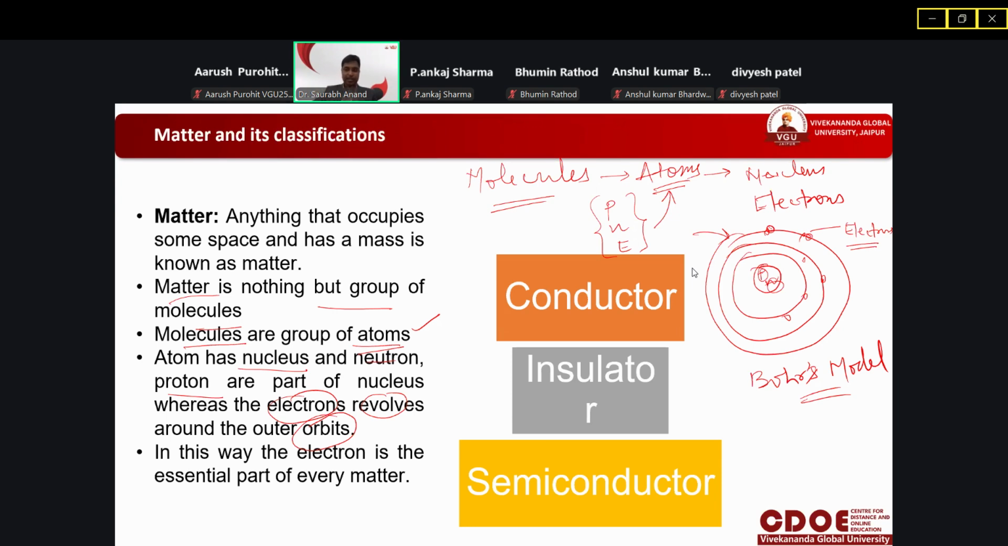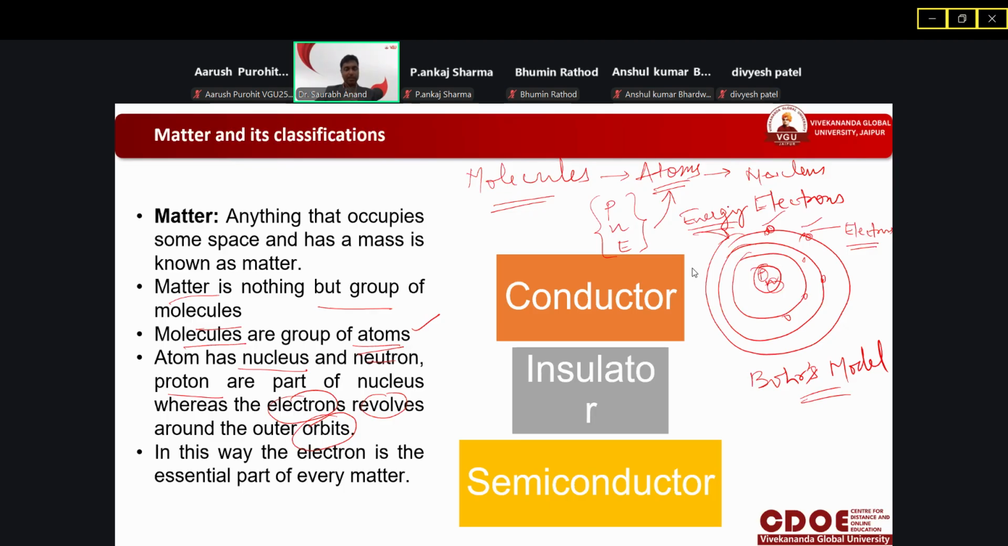Free means these electrons are moving in the orbit. It means they are bound, they are bound with something that is known as a covalent bond. So we have to free these electrons from the covalent bond or from this atom. So external energy is required. After getting sufficient energy, they will become free, and that free electron will be part of